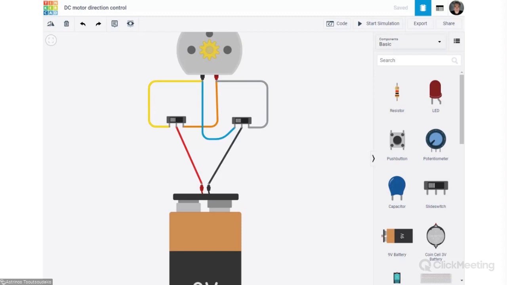It will just show that a very small current passes, and